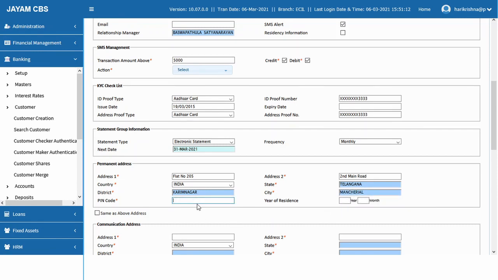Pin code, there is no validation. Residency I'll put as 5 years 2 months. I'm staying for the last 5 years 2 months.